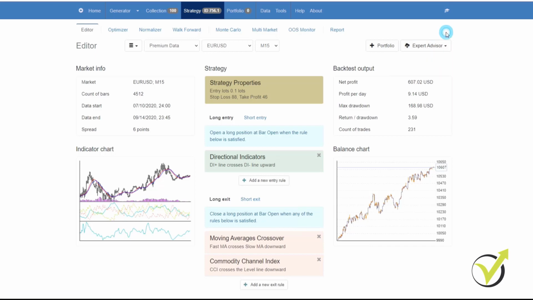So, as mentioned, there are two ways to run your backtest. The first is within Expert Advisor Studio, as you see in front of you here. And the second is in MetaTrader. Once we've exported our Expert Advisor, so we'll export it for MetaTrader 4, we can then place it into our platform and we can run a backtest. And what you'll see is that the results will be virtually identical to the backtest in Expert Advisor Studio as well as the backtest in MetaTrader 4.